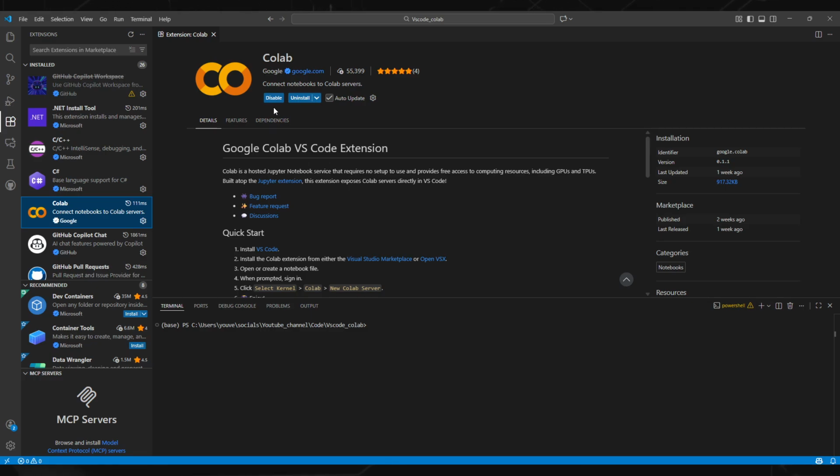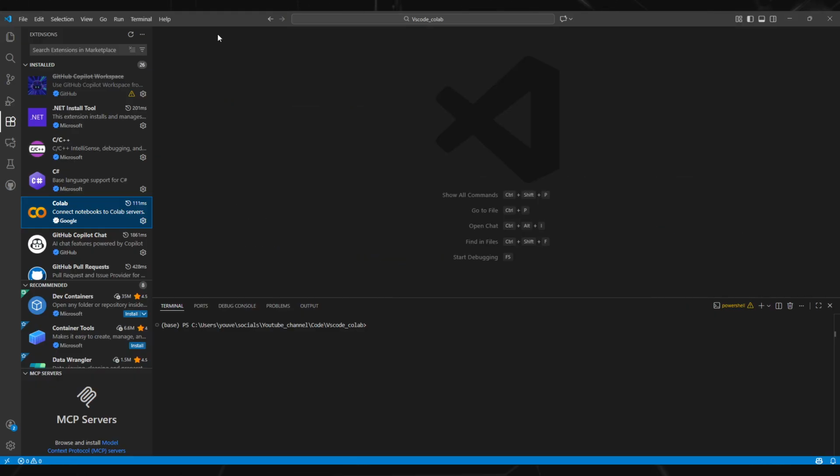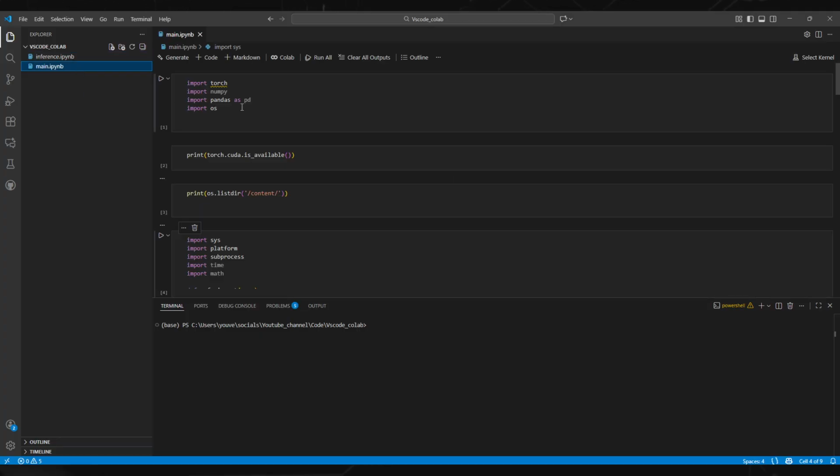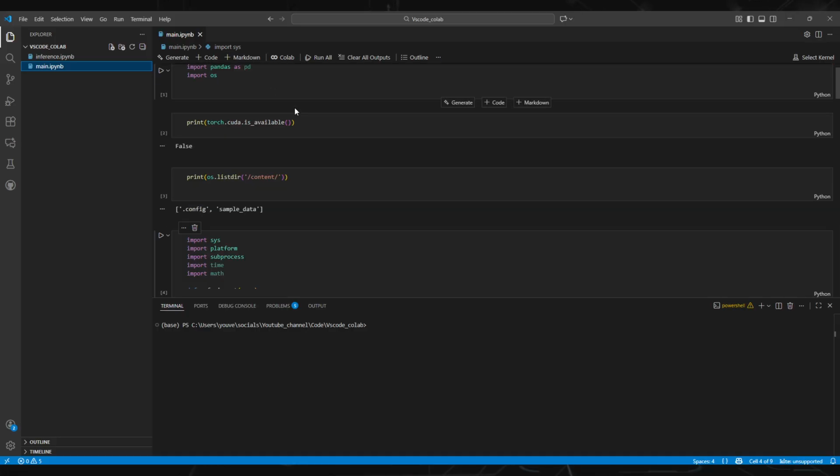So once this is done, what you need to do is work with a Jupyter Notebook. This extension currently does not work with Python files, for example. Okay, so it's exclusively working with Jupyter Notebooks. Okay, so I made a Jupyter Notebook here, and to make this work, what you need to do is, from